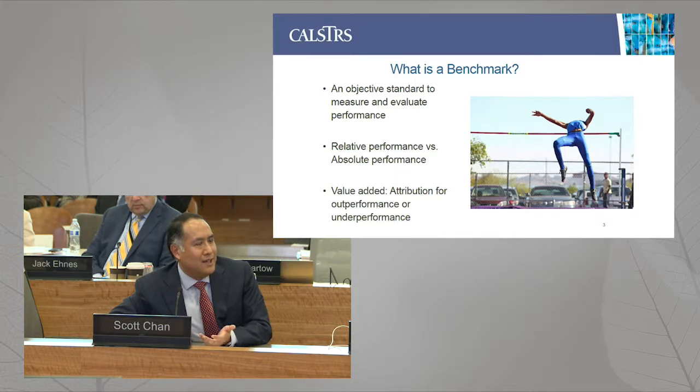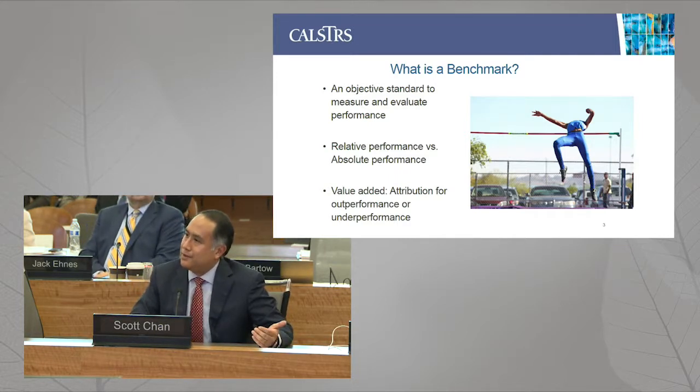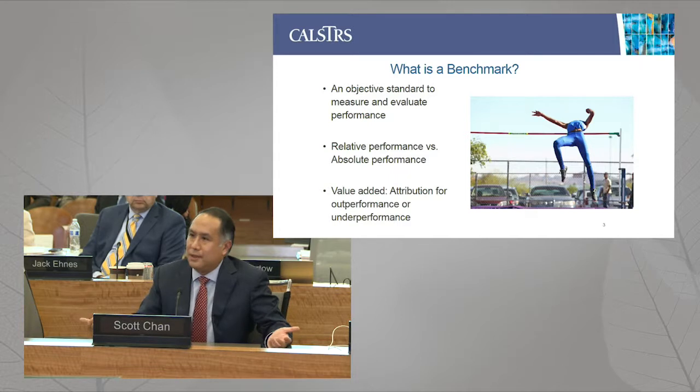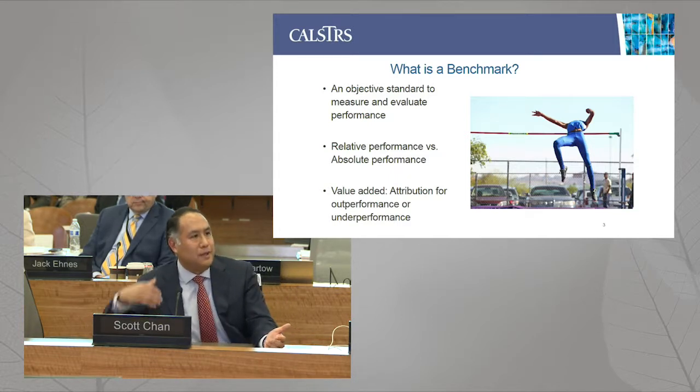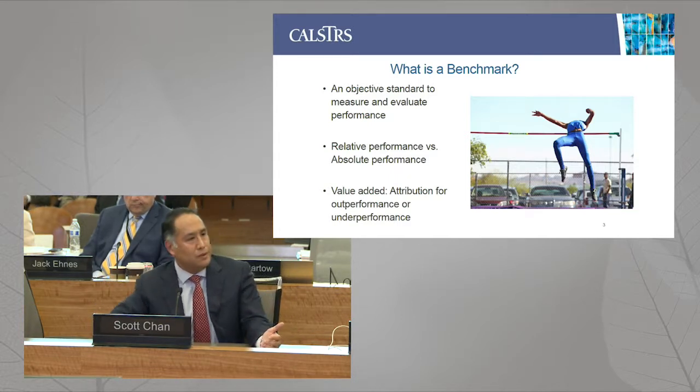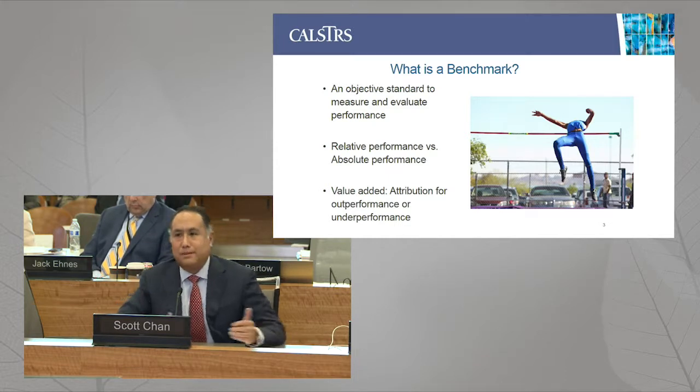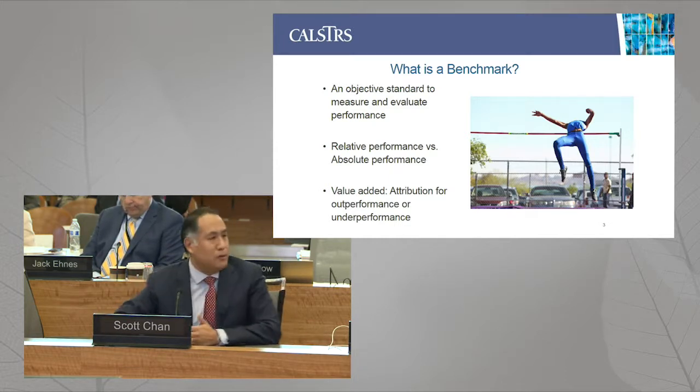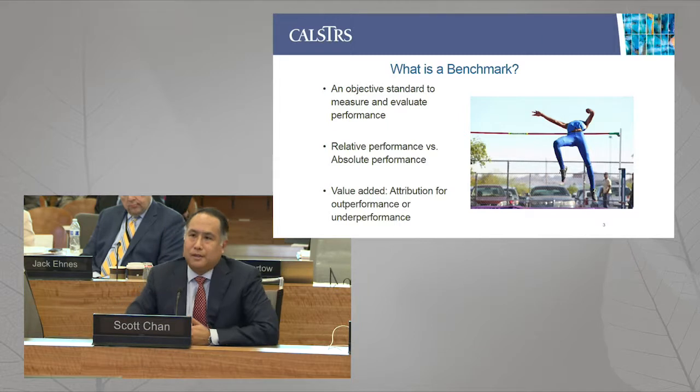So in this case, the absolute return was the 75 minutes. And in the case of a manager, let's say the manager generated 10% return, that would be the absolute performance. But the relative performance was 10 minutes over in my commute, so I underperformed, right? The attribution is the reasons why I underperformed.